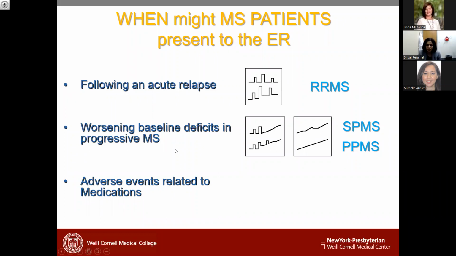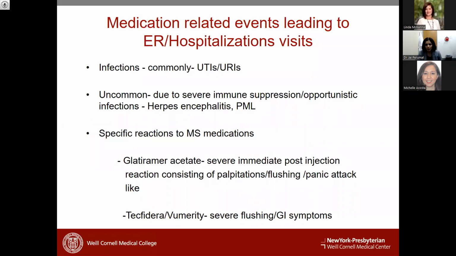Second reason a patient might come to the ER is because they have progressive MS and now their symptoms are worse, most likely because they had an infection, they had a fall, they were fatigued, stressed out, and that made the symptoms worse. Third thing is maybe related to some of the immune suppressive treatments they are taking. So how does the medication the patient is taking impact a patient's hospital visit?